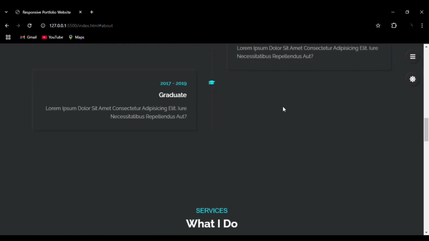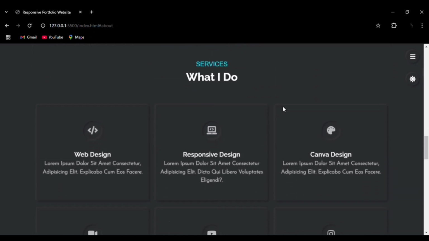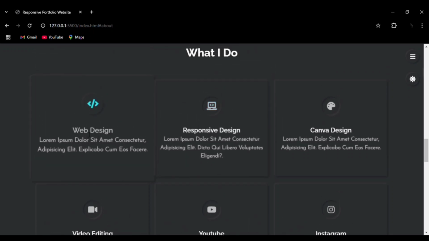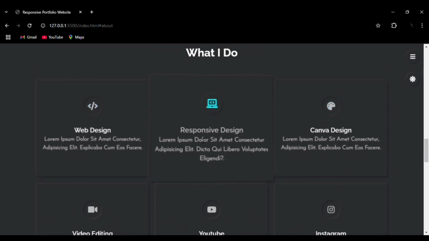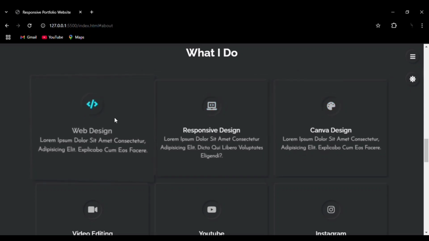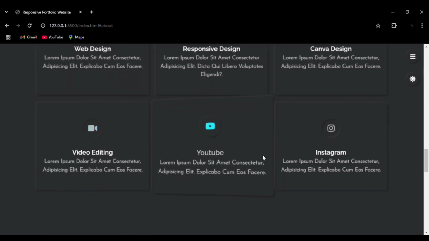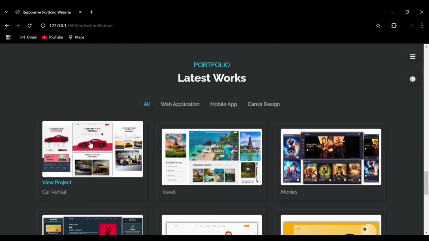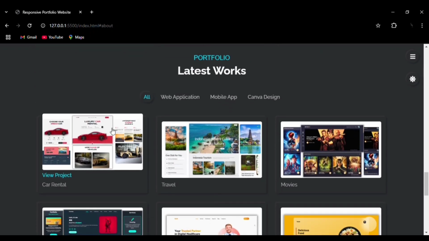Then we can go to the services section, and you can see the hover effect on the services blocks, like a 3D object moving, and you can see the color changing in the icon also, and how they are moving based on the movement of the mouse. The hover effect, and then we can go to the projects portfolio section,